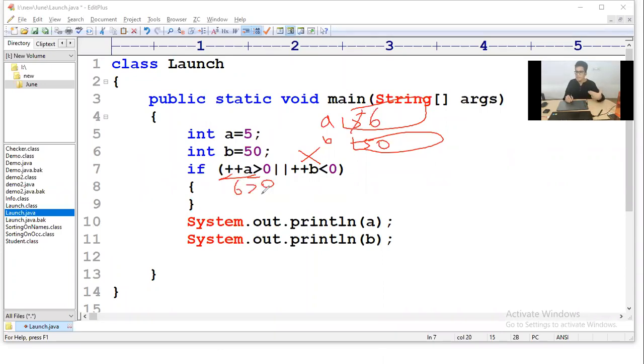Yes, so the first condition is true. In the OR operator, if the first condition is true, will you check the second condition? No. So ++b will never happen. Only ++a will execute. So the answer is 6 and 50. I hope everyone has understood this. Let me compile and execute.